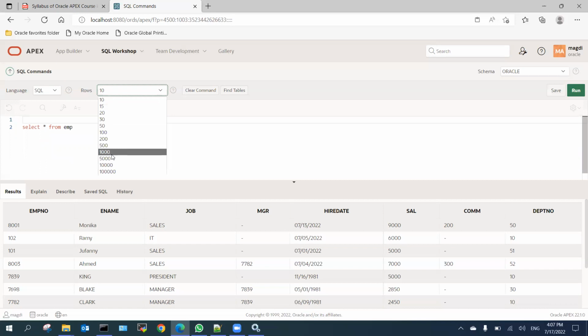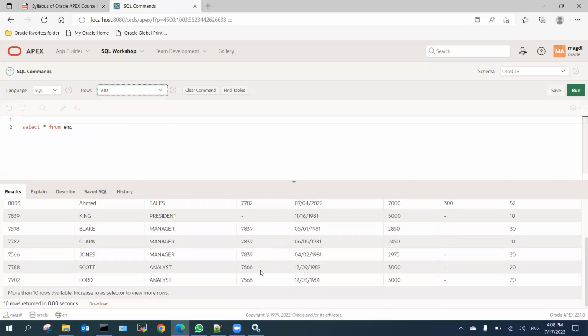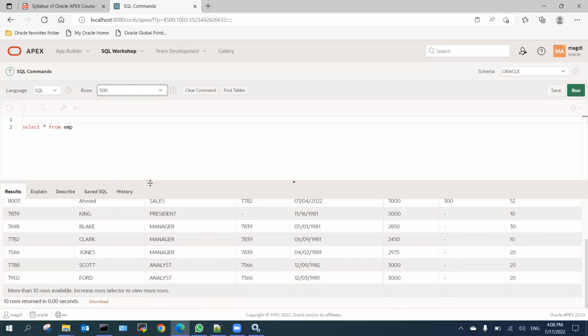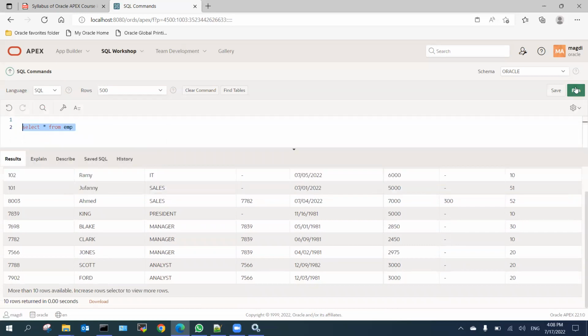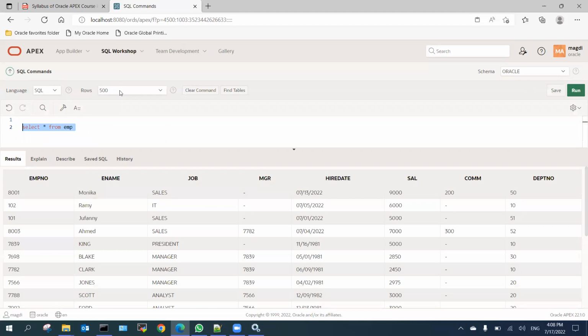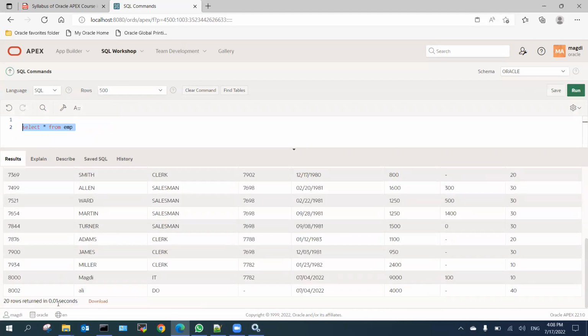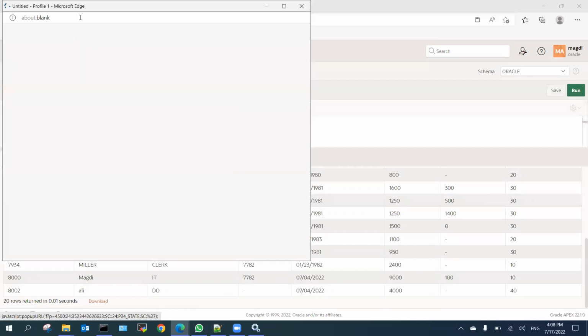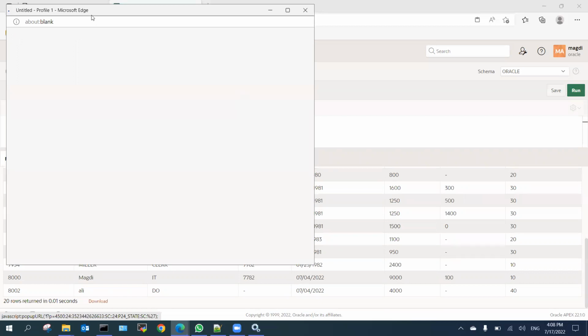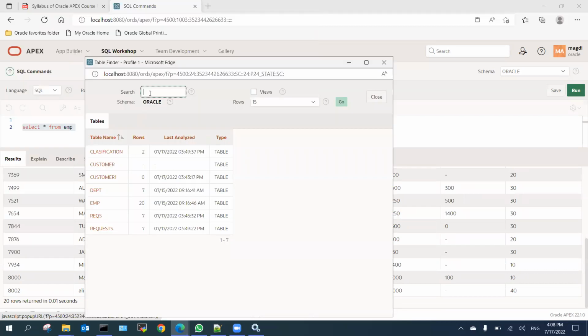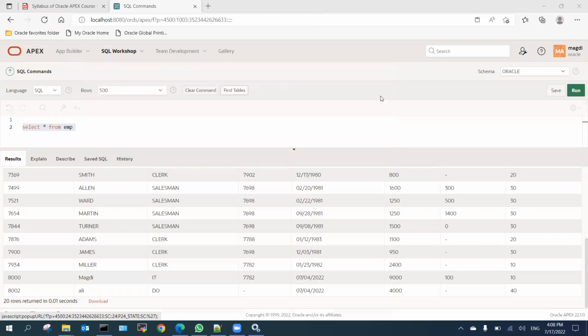You decide how many rows you will display. If you have more than 10, like we have here, once you run, it will display up to 500 rows. You can clear the command. You can find tables and search inside this table. This is the table we have on our schema. Make sure also if you have more than one schema, you select the right schema here. You can search here for any